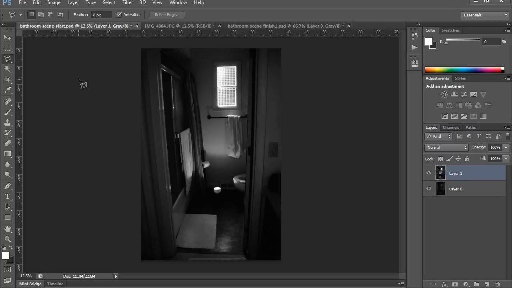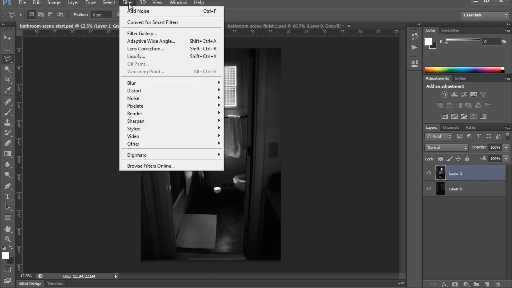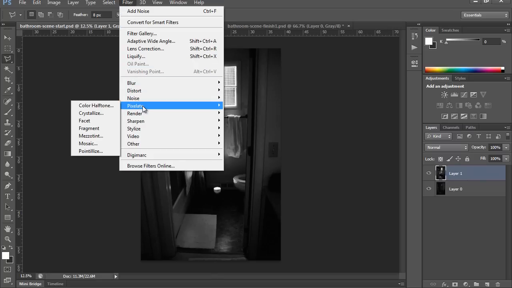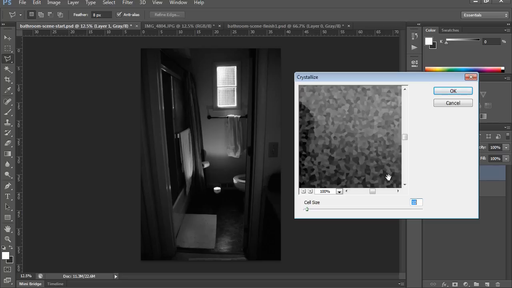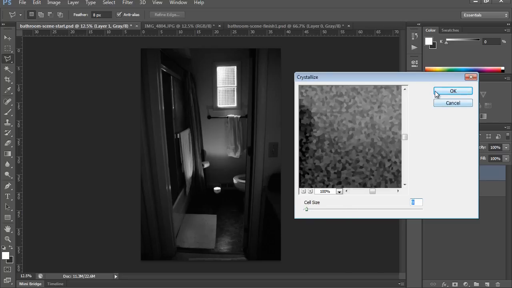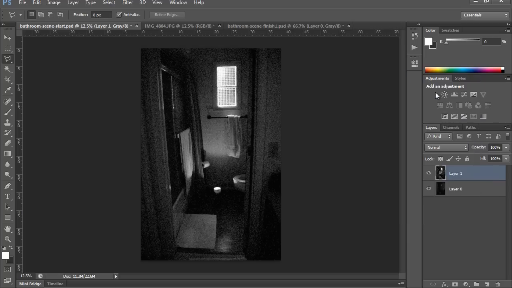Now if you want to experiment and go on with other filters, I recommend looking at the Pixelate Crystallize option, and you can see here the cell sizes. If you go to, let's say, a 9 and click OK, you can see that it has a little bit more extreme result as far as noise, and that might be good. That might have been a nice option, and I think I decided on my last version not to do that, but it does look pretty good. So I'll do Control Z on the keyboard to back out, and I think I'll accept this as it is